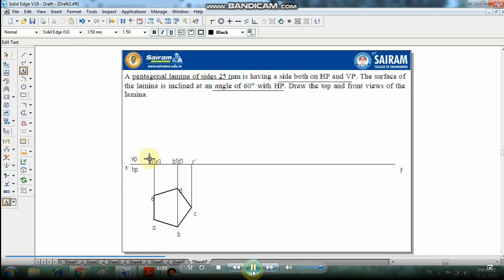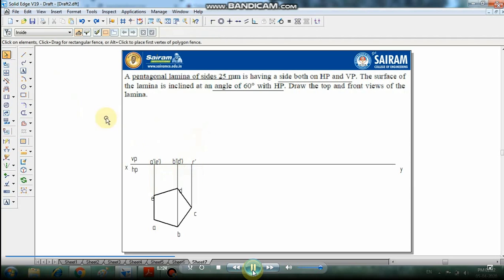Select the line command, draw this and this. We can select and make it 0.5 mm thickness.